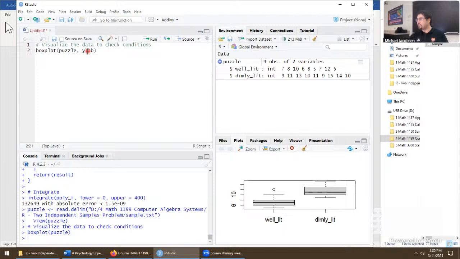See what that tells us. Nothing. That's kind of not helpful. Let's keep on going. For y-lab, the y-label, we're going to set it equal to some value, but we're passing to this a string, so we have to start by doing quotes first. And let's say number of self-reported puzzles.